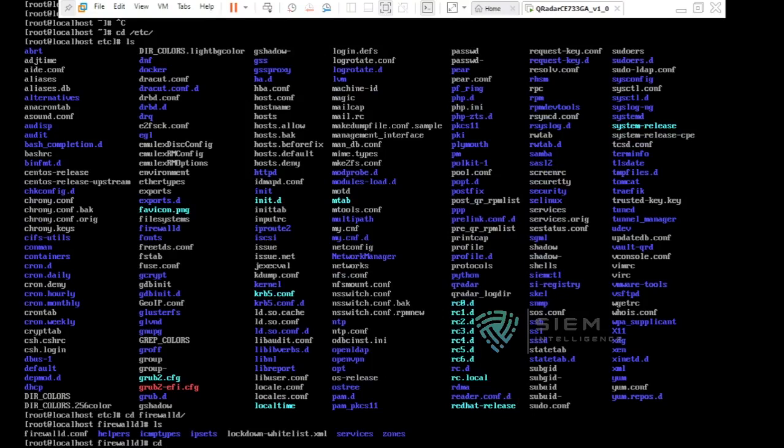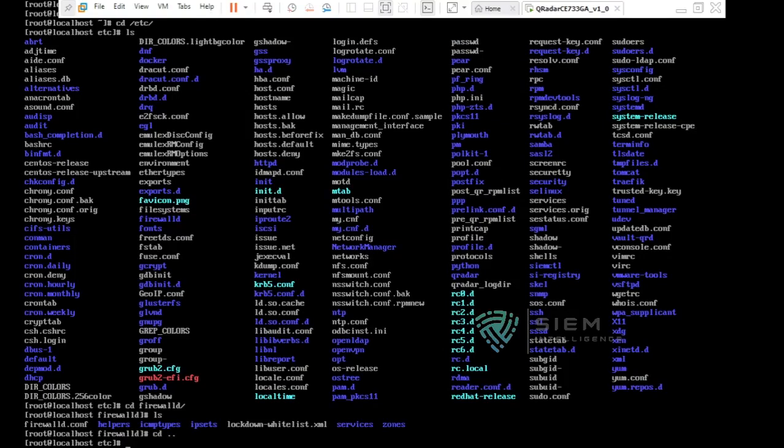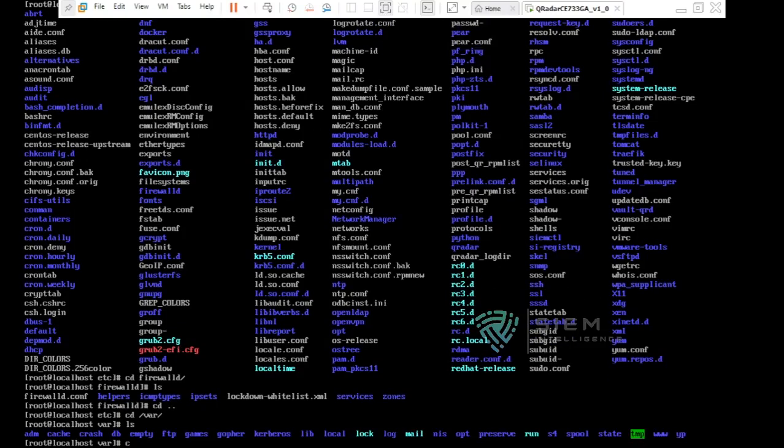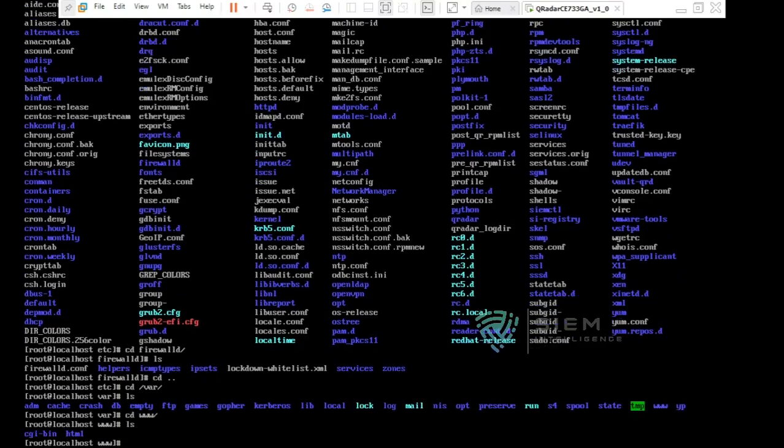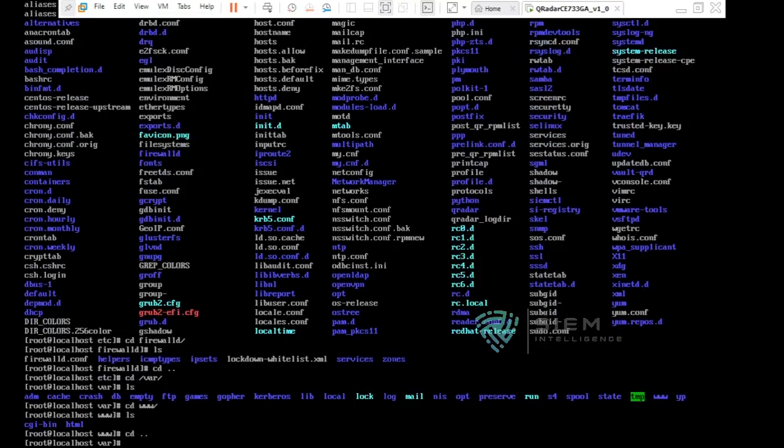cd, not this, pre and post data is there. You have to check the iptables. Is there any iptables folder? iptables. I'm missing out. Yeah, sorry. /var, cd www, less, not here also. Where's the QRadar?